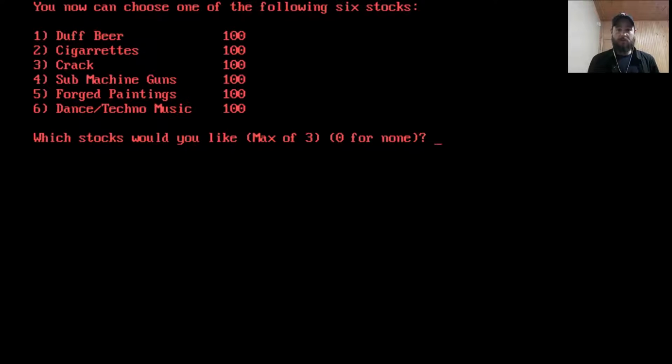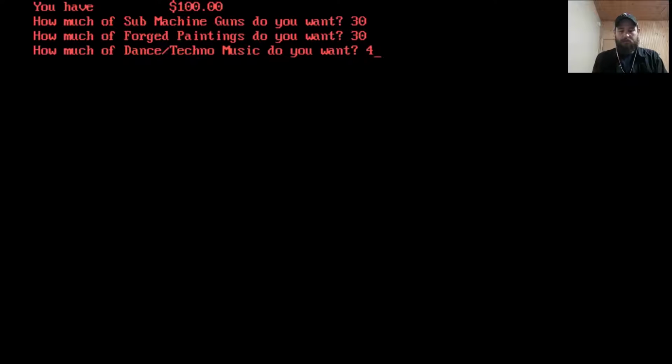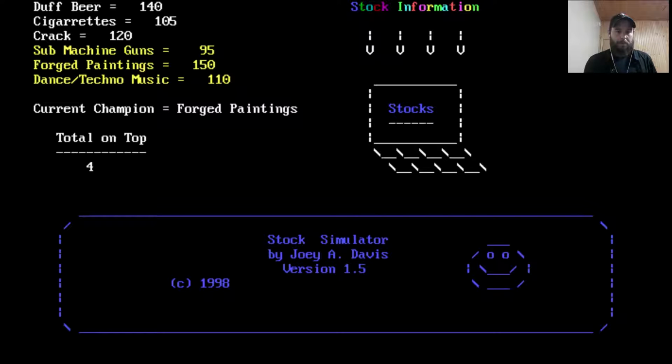you can now choose one of the following 6 stocks. This looks really similar to the last one. Let's choose 4, 5, and 6. Okay, I'm pretty good at entering in my information by now. This looks all the same. And it is going a little bit faster. It's faster than when we increased 100-fold version 1.4. I think I only did that once last time, and it went really slow. So, okay,